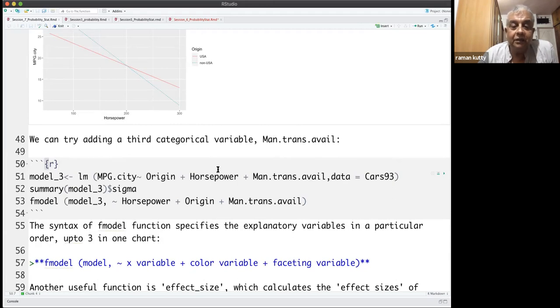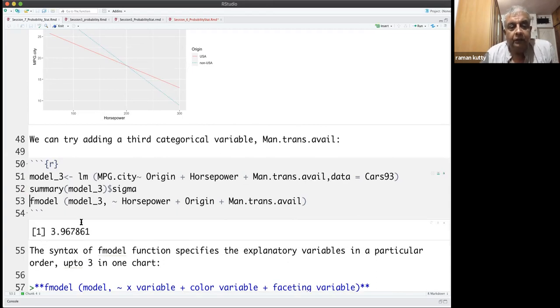So that's another categorical variable. We are going to build model 3, and then look at the summary of model 3, which has a sigma around 3.96. If we graph this with f model, horsepower plus origin plus man trans available, then we'll see what happens.